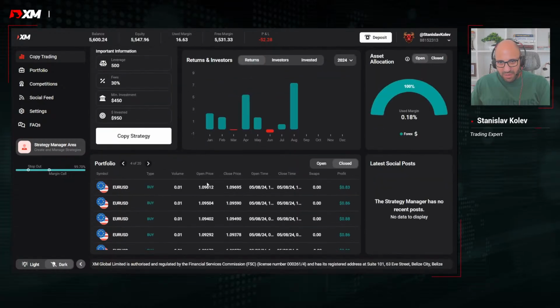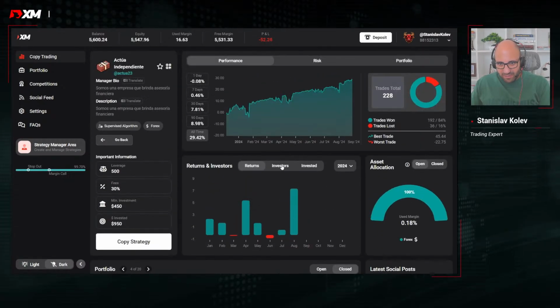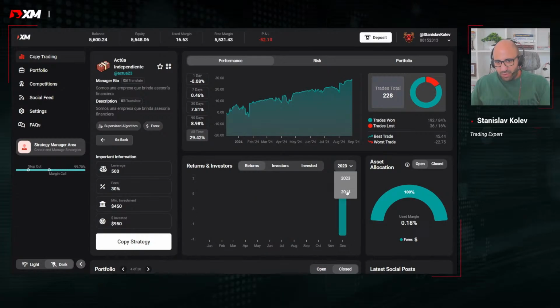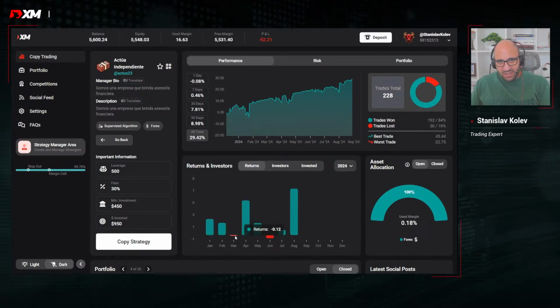Is it some form of martingale? I think it is. So 2024, 2023, we have some good growth months. The thing is that the returns are not too bad. And I have to translate this. We're a company that provides financial advice. That's great. Actúa